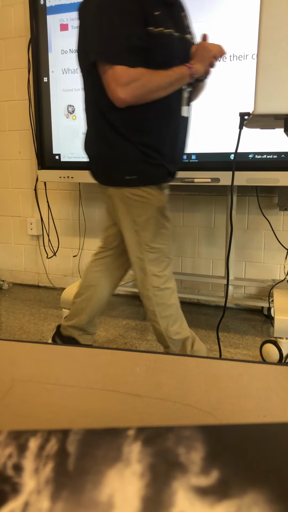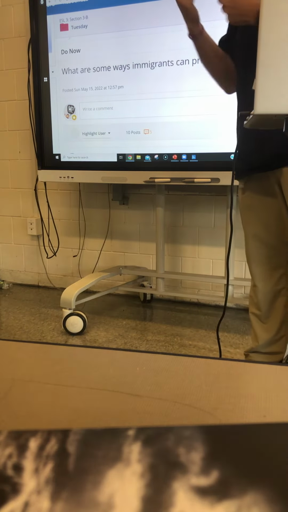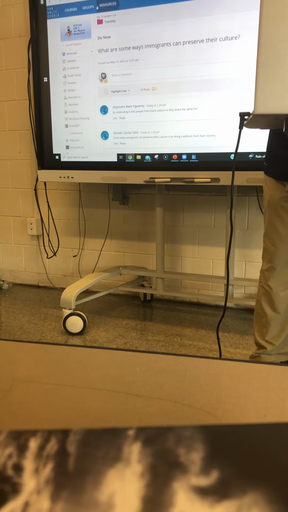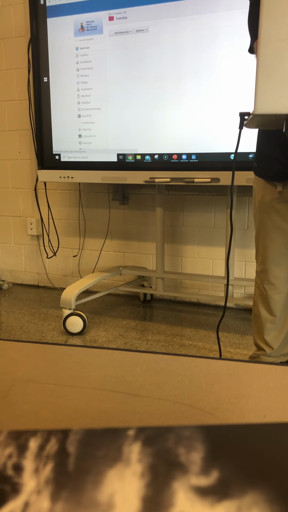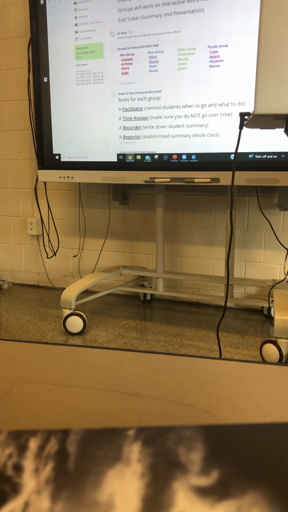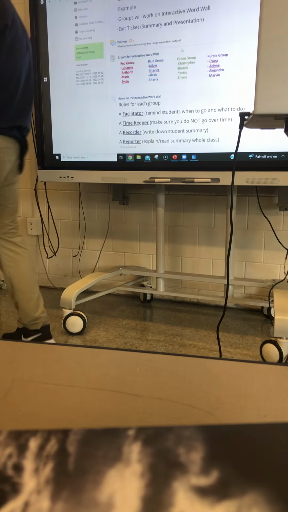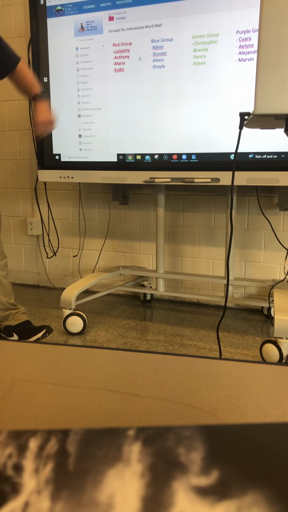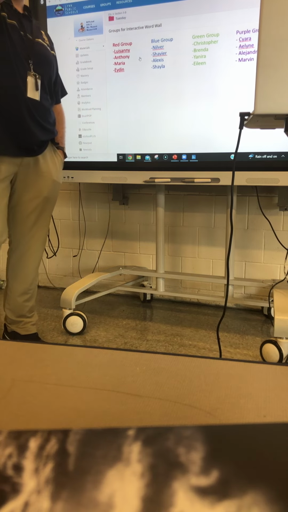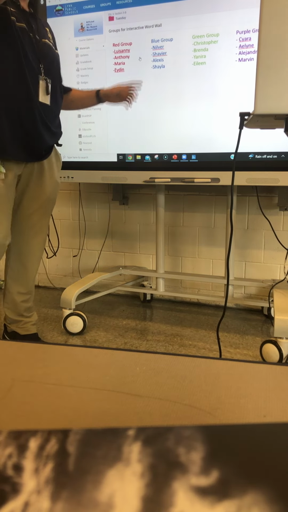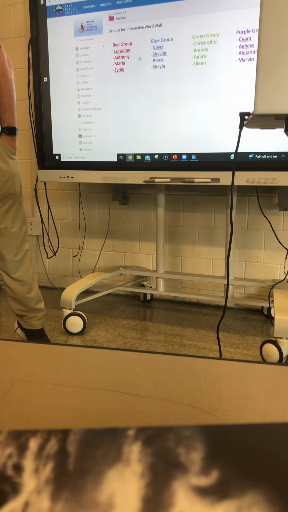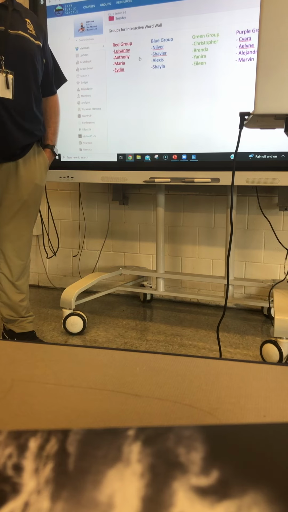Now, we're going to get into some groups. We're going to be talking basically what we just talked about, but using all of our vocabulary. So, let me go back to Tuesday. I'm going to publish your groups. So we have 4 groups, a red, blue, green, and purple. If you're in red group, you're going to the front of the class here. Blue will be the back corner. Green will be over here, and purple right there.